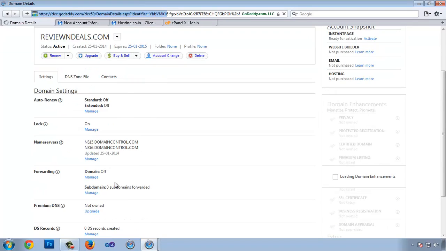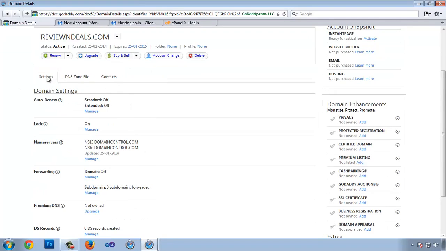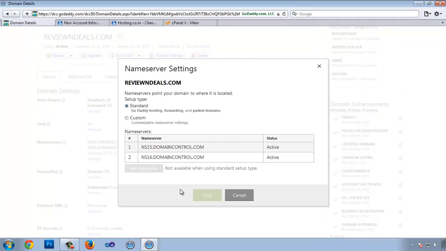Now you will see some configuration here. Make sure that in the settings tab you click this name server manage, which is a hyperlink. Click on it and a pop-up will come up, and there are two options for domain name server or DNS: standard and custom. The standard one is the GoDaddy name servers,